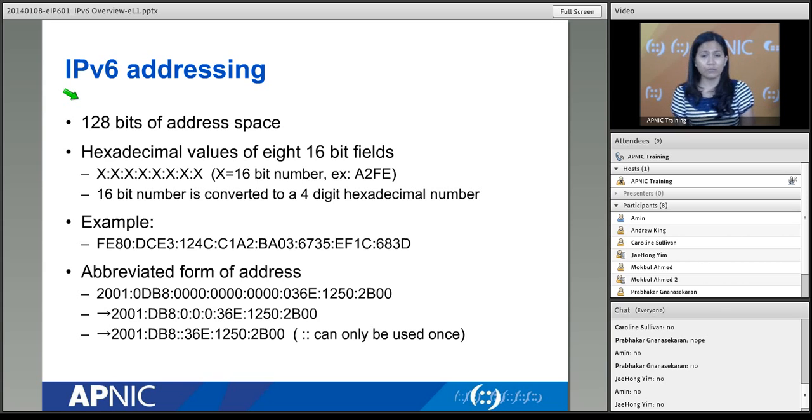In IPv4, how do you write down an IPv4 address? We use what we call the dotted decimal representation or dotted decimal format. What does that mean? We have 32 bits, we divide that into octets, so we have 4 fields, and each of them is separated by a dot, and each octet is converted into decimal. So you can have things like 192.168.1.100 or 172.16.20.4, something like that.